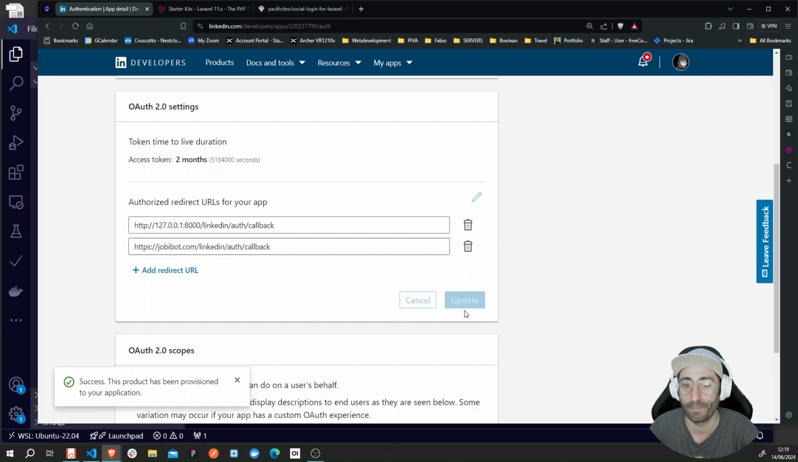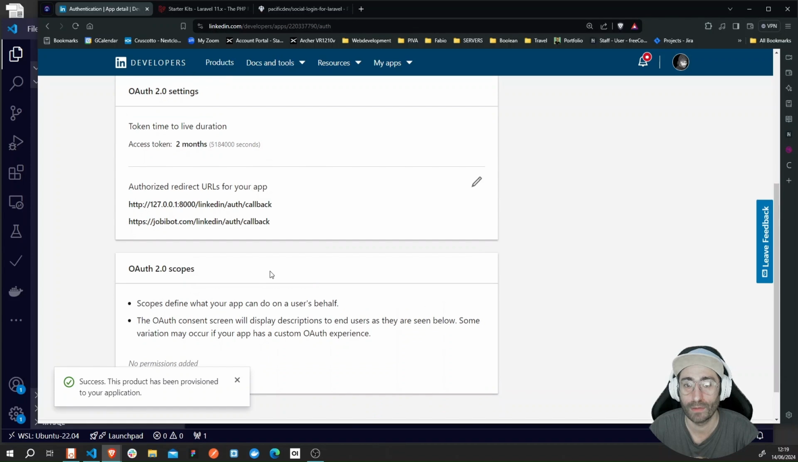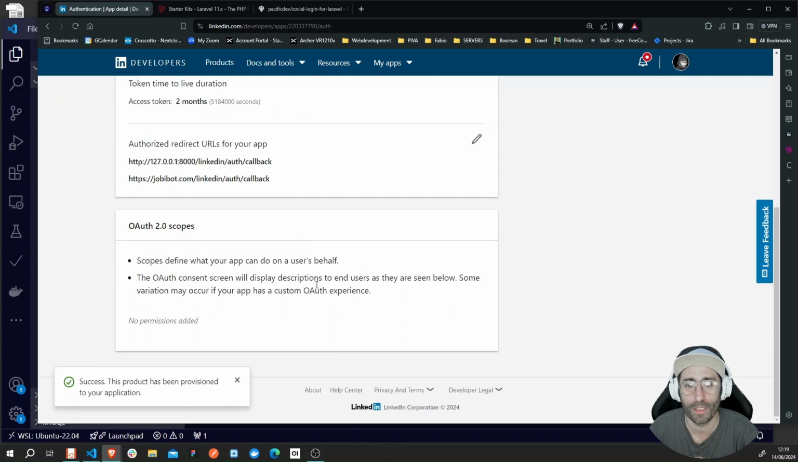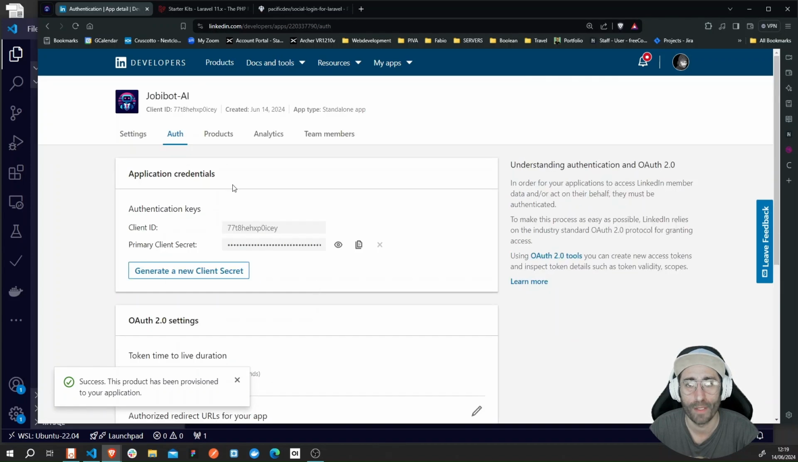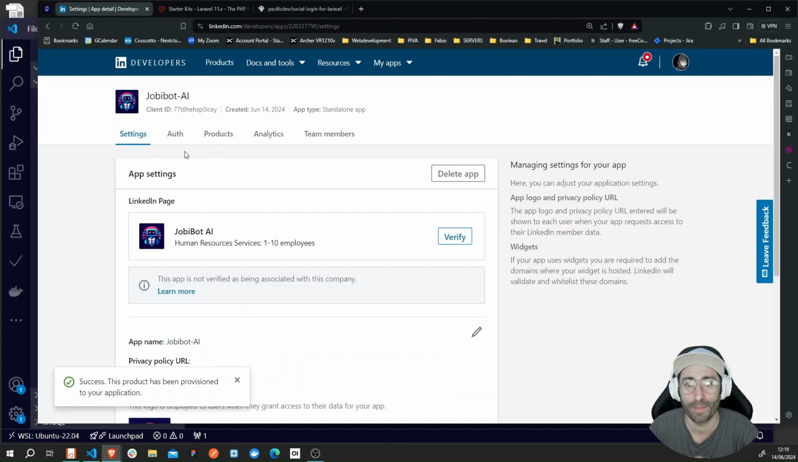So we click update, and then we are ready. Then we need to add permissions. Let's first check the products page or the settings page. Yeah, on the settings page, you see that there is this notice. This app is not verified, and this needs to be associated with a page in your LinkedIn account. So if you have a page,